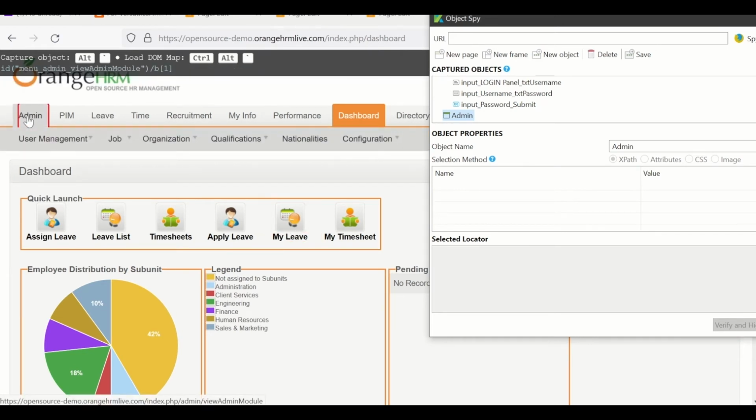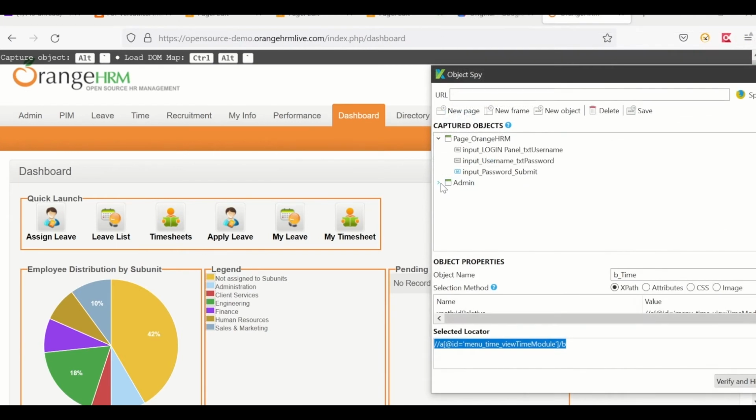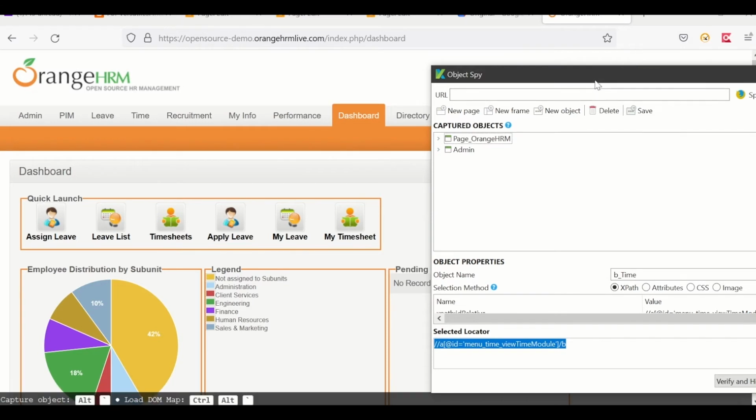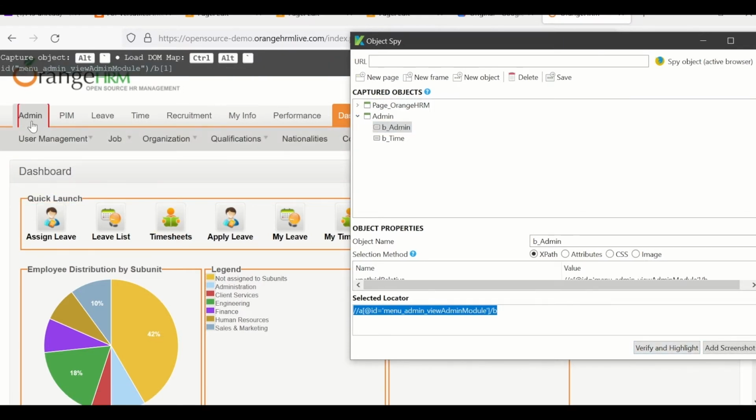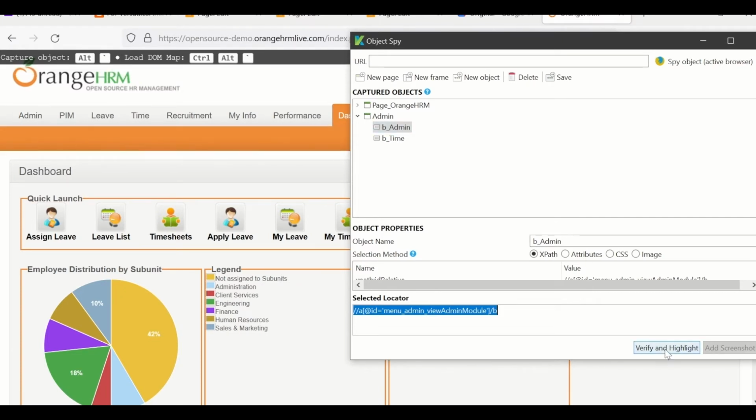For example, I am going to add this admin here. Okay, so like this you can maintain different pages. So now you have an object repository that is getting created with the help of Object Spy. I can try to highlight. So for example, in this current page, I chose this and I try to verify and highlight. You will see that it is highlighted with a green mark. Once again, let's just see. Yeah, it is there. Similarly, let us try to verify and highlight this. See, it is highlighted. But let us try to highlight this object, and it is not able to find it because it's in a different page, which is the previous page.